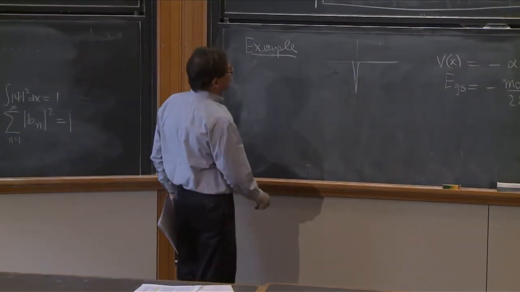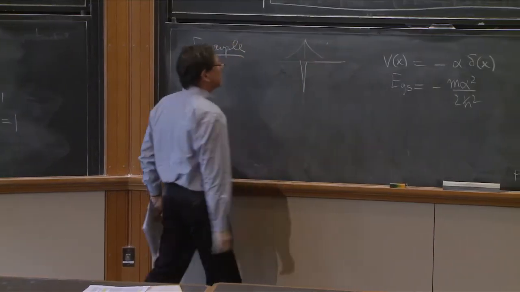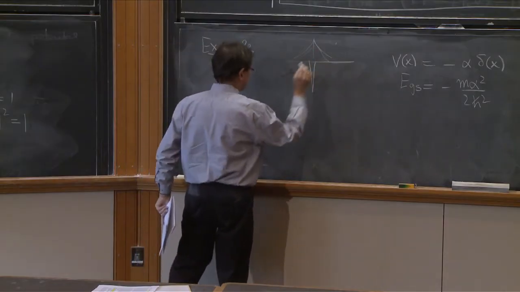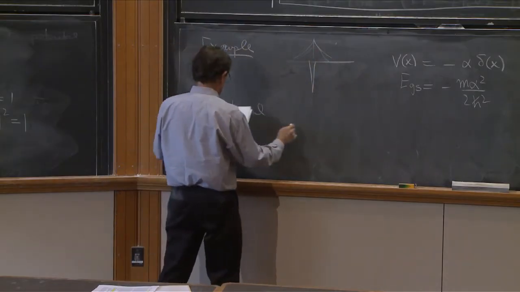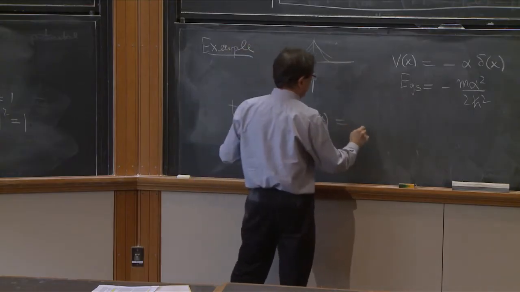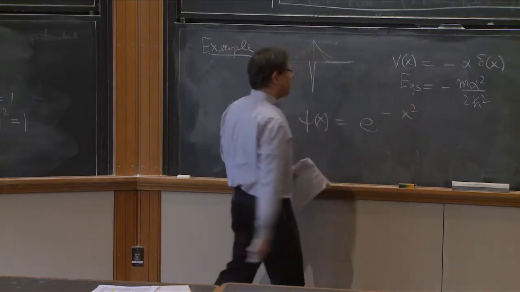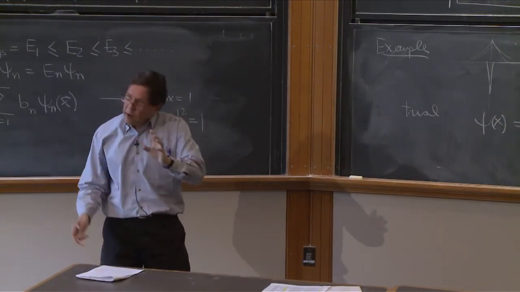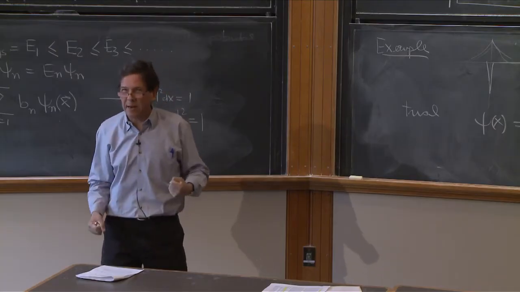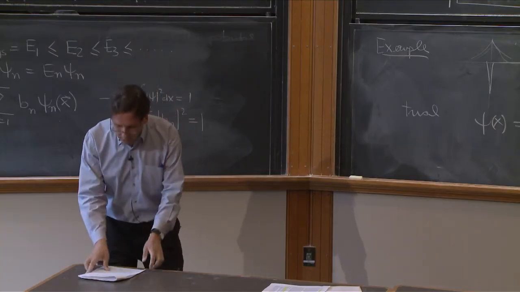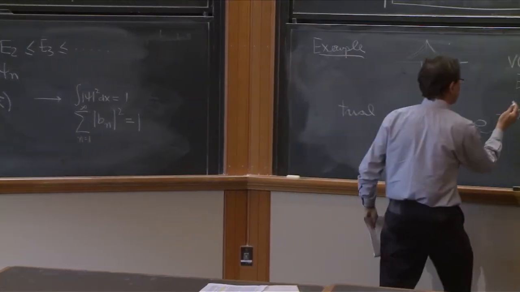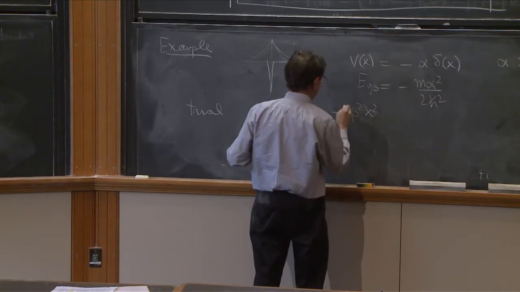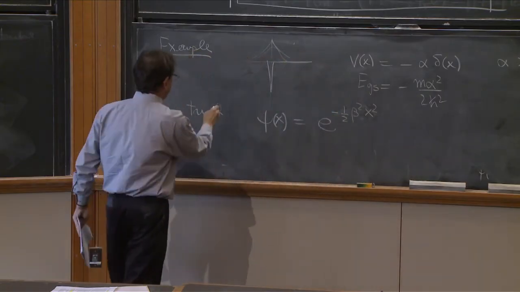So, trial wave function. Well, you know how it should look, but let's assume you don't, and you say, oh, it's some sort of Gaussian. So, trial: psi of x equal e to the minus x squared. While this would do, you're going to work hard and you're not going to reap all the benefits of this calculation. So what you should do at this moment is put a constant here, minus beta squared x squared, and I'll put a minus 1/2. It's your trial wave function.